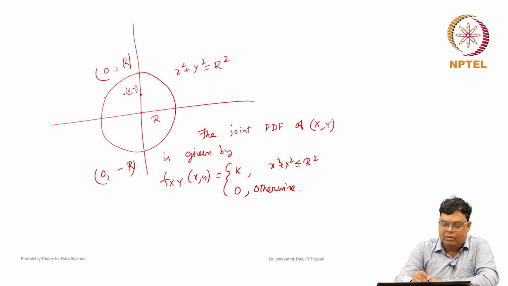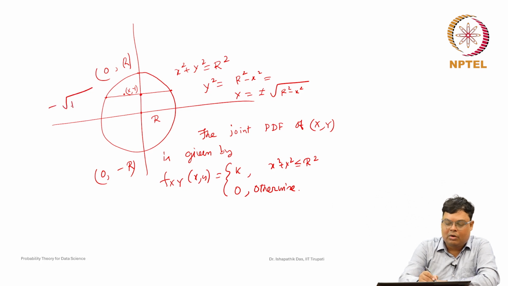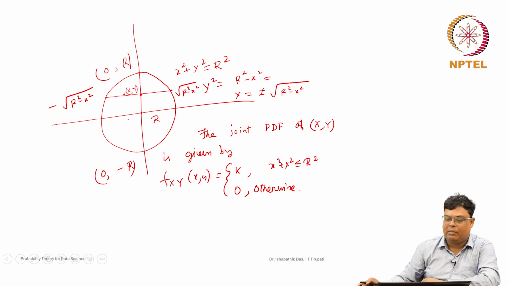So then your x value will go... it will be nothing but y square is equal to r square minus x square. So y will be plus minus root over of r square minus x square. There are 2 points, for a particular x value there will be 2 y values. So this is minus root over of r square minus x square, and this is root over of r square minus x square. So then your integration will be nothing but